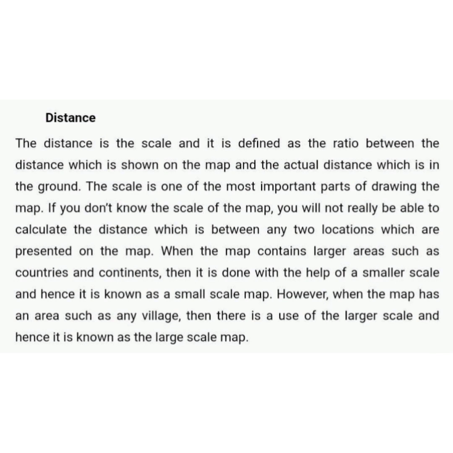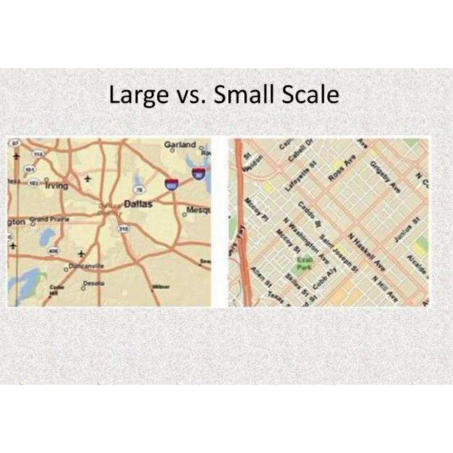A scale is chosen for this purpose. Now scale ratio is the ratio between the actual distance on the ground and the distance shown on the map. This ratio is different for different maps, but it tries to show the approximate distance to be the same.